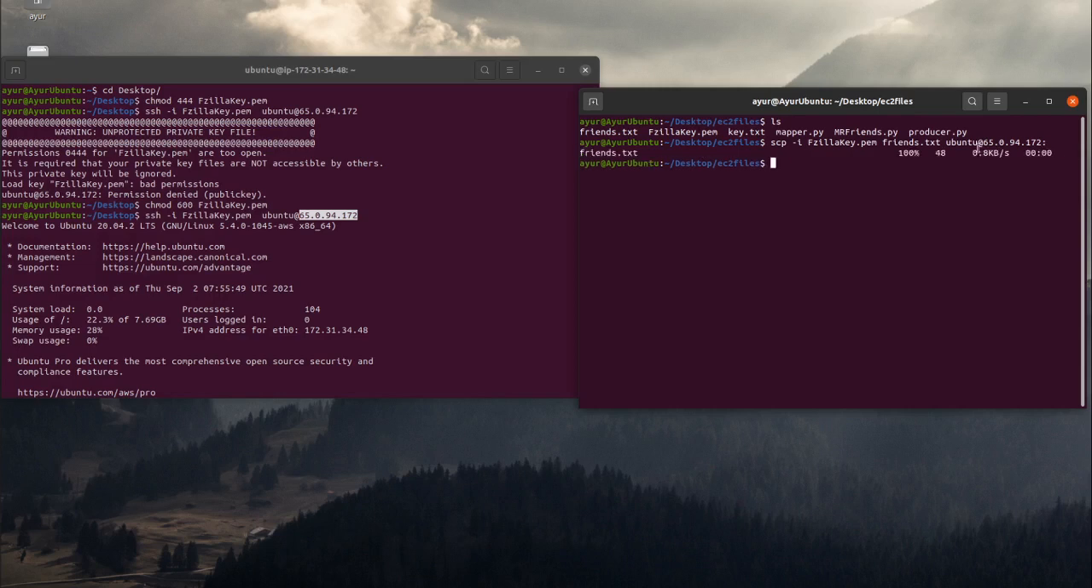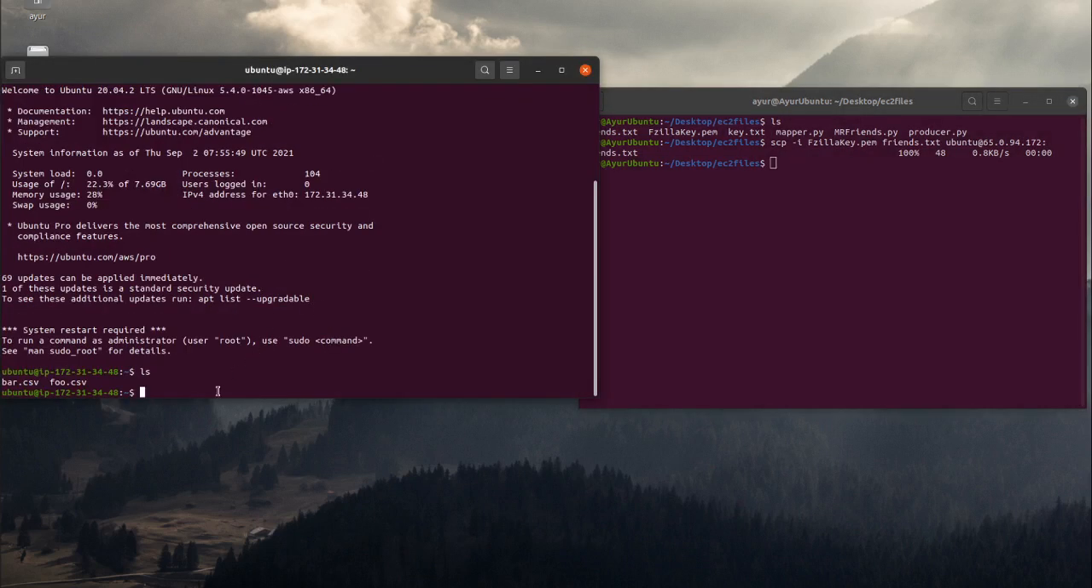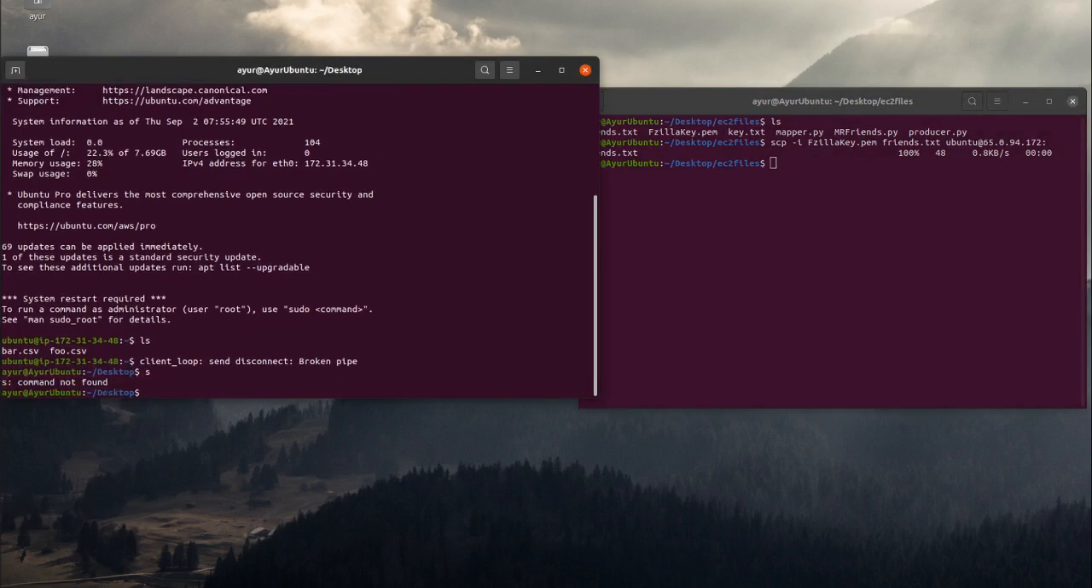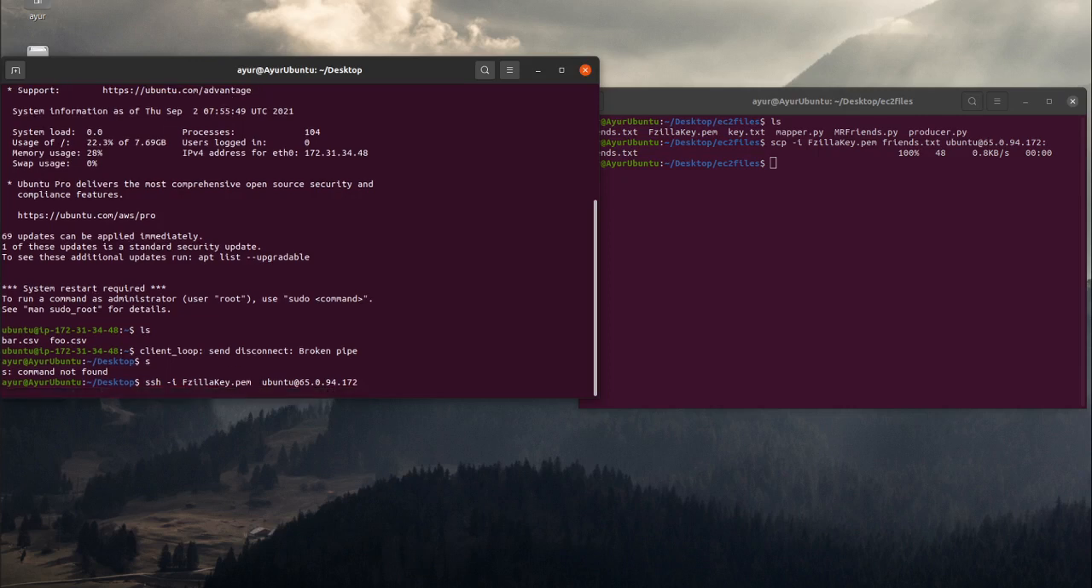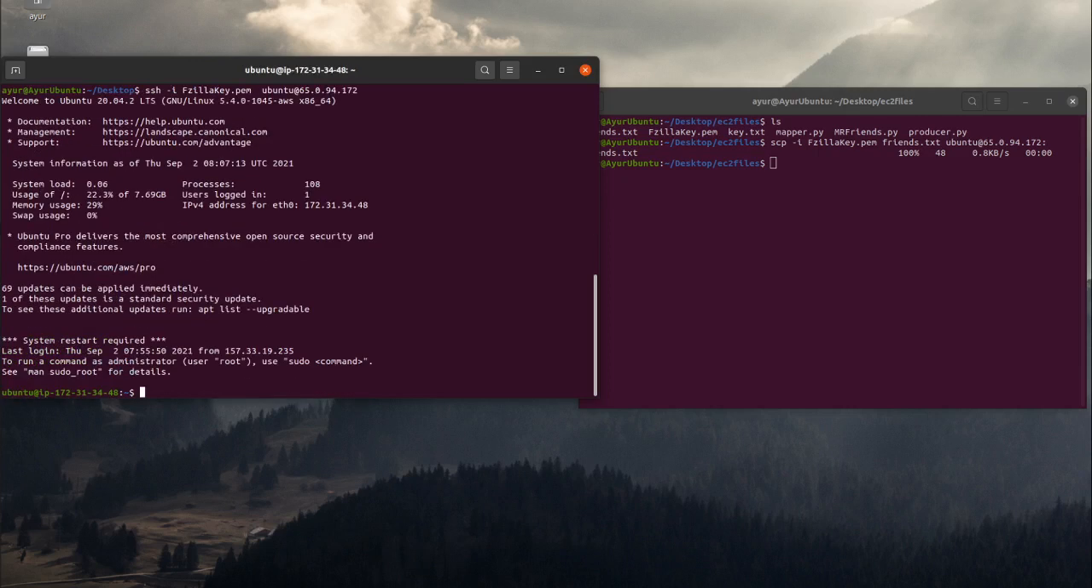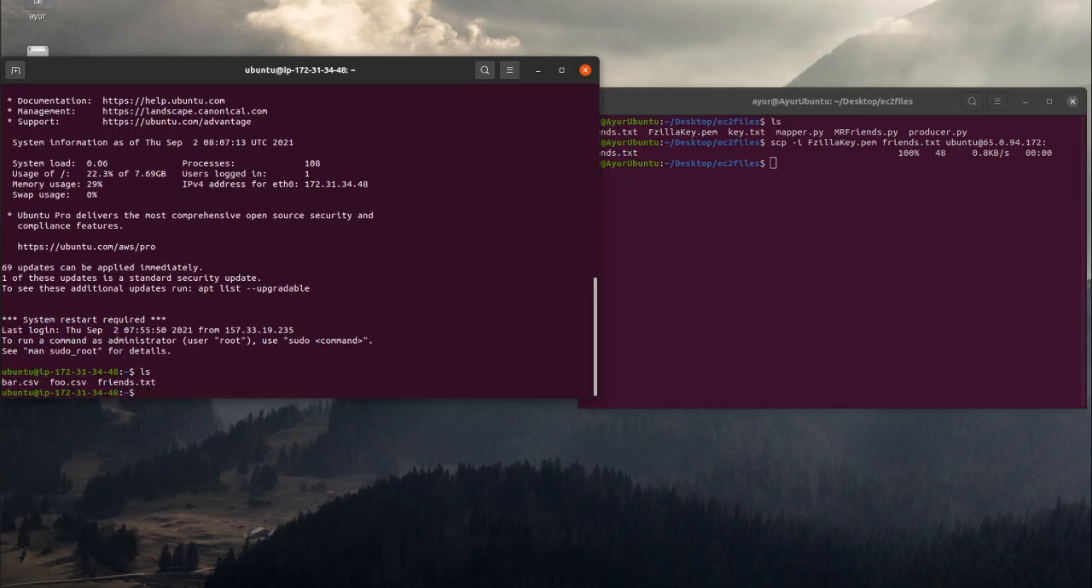So as you can see, it is showing me 100%. Yeah, so now let's check our directory, ls. What is it saying? So it is disconnected. Let's just connect again. So it is now connected. Now type ls. As you can see, we have here friends.txt,